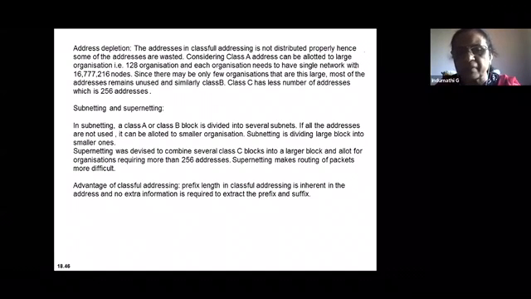The difference between subnetting and supernetting is that in subnetting, you take a large block and divide into smaller blocks. Whereas in supernetting, you fetch small blocks of addresses, say for example, class C. Instead of one class C, you take two class C blocks and combine them to get more addresses, which is more than 256 addresses. That is what is called as supernetting. But one problem with supernetting is that routing becomes complex.